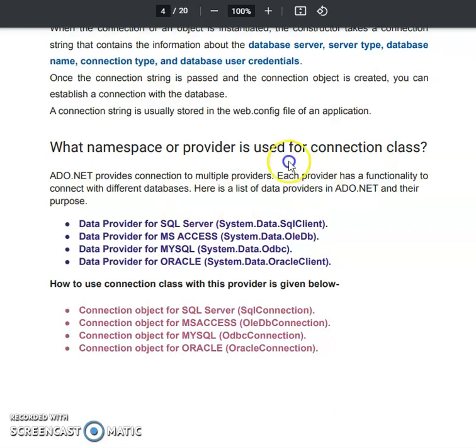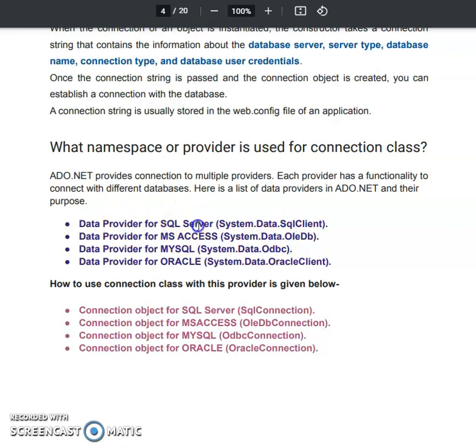Now the connection class is used for different providers, just like SQL Server, MS Access, MySQL, or Oracle. These are some examples. For that we have to add namespaces before accessing the connection.